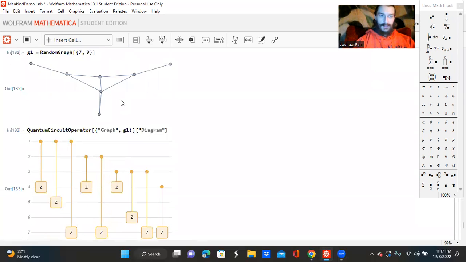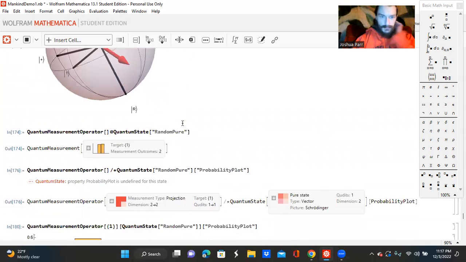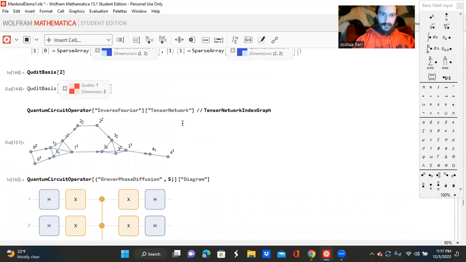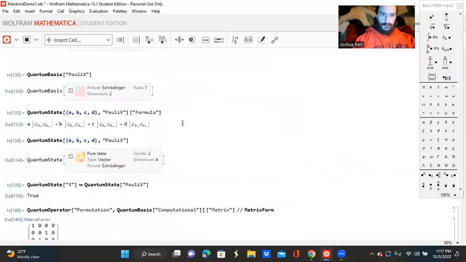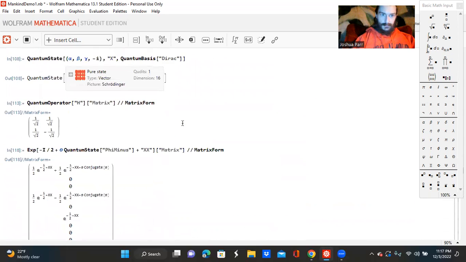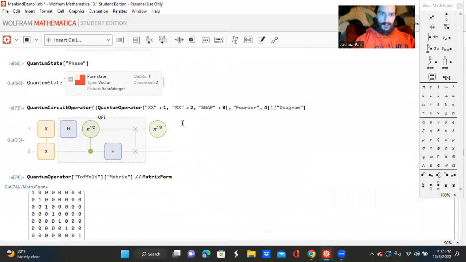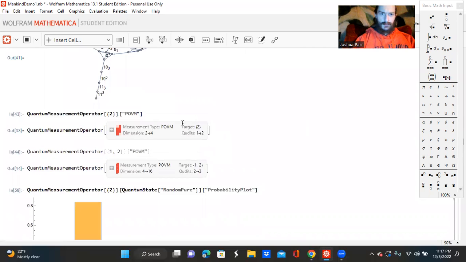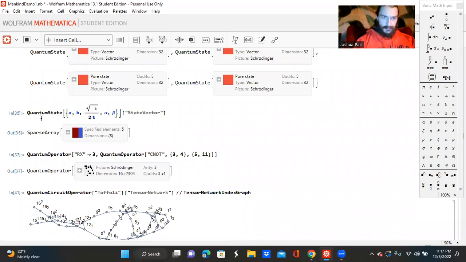Okay, what else? So we got to circuits, we got to measurements. Now, what else was there to show? Oh, the fact that you can wrap exponentials. Oh, that's really the functionality. We want to show some of that here. So right here,